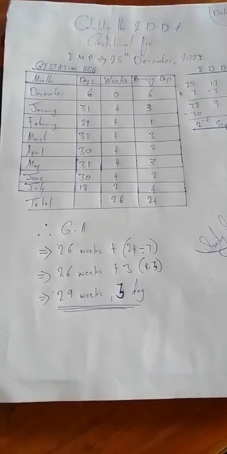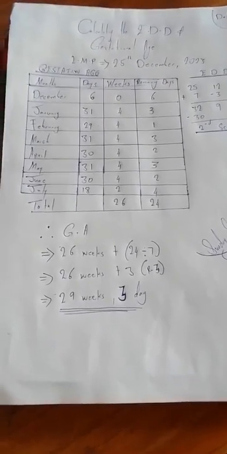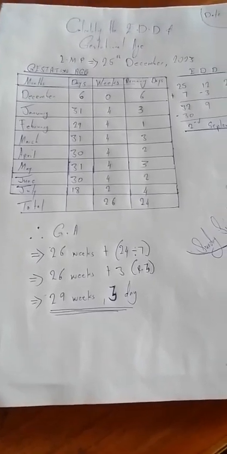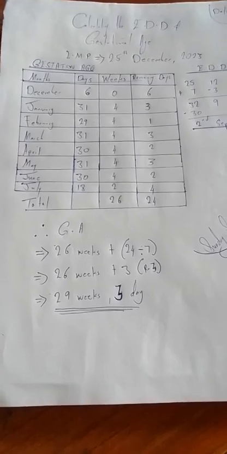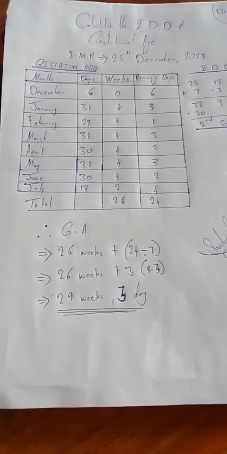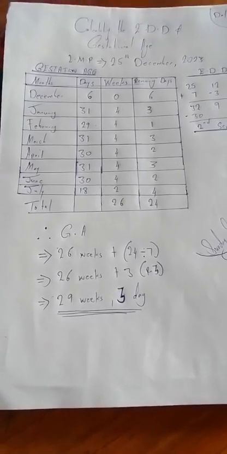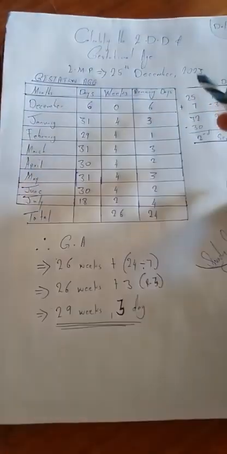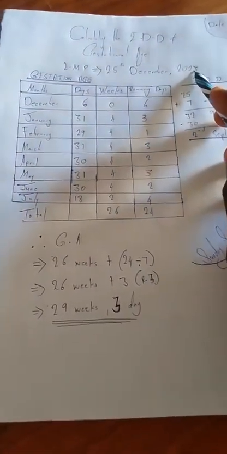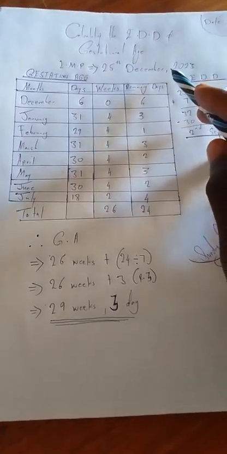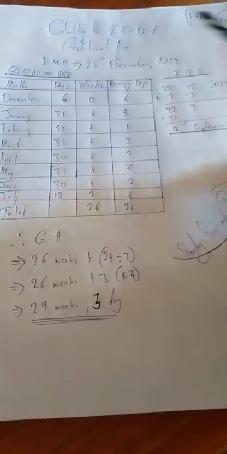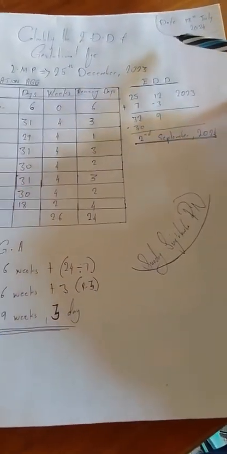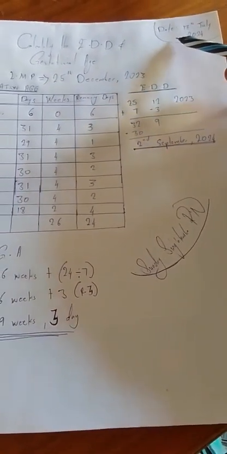In weeks. Okay, so to calculate the gestational age, we have to know the LMP, the last menstrual period. In this case, the LMP was what? 25th December 2023. We are calculating the gestational age as of today, 18th July